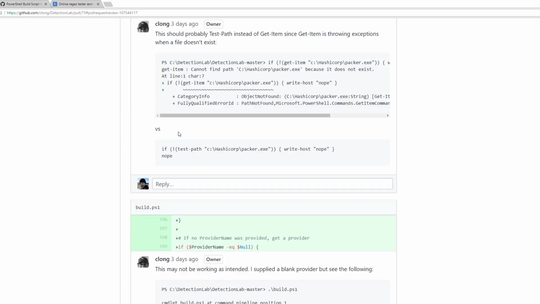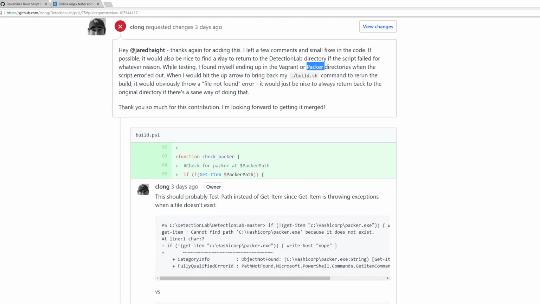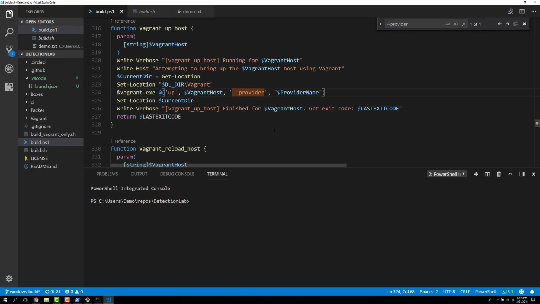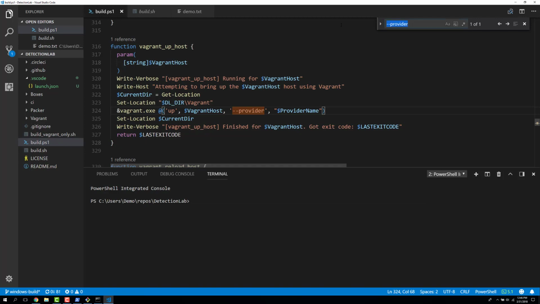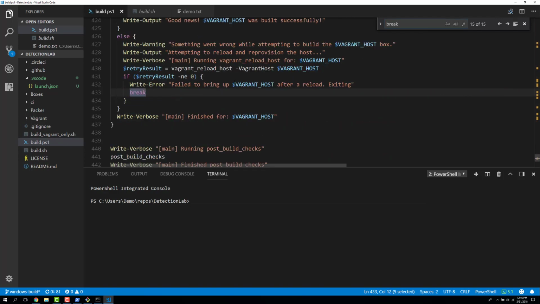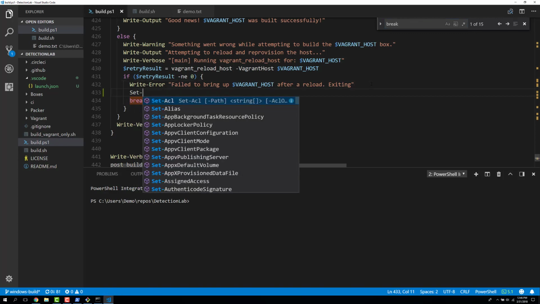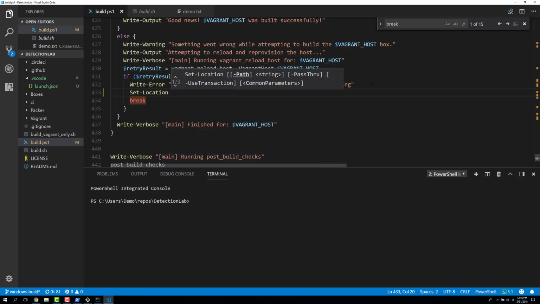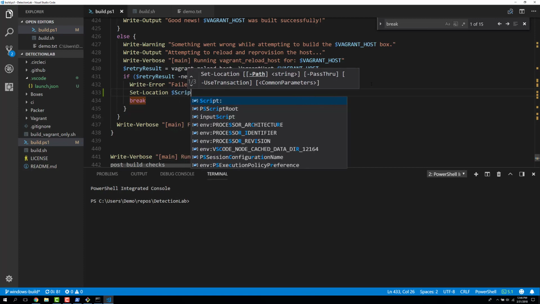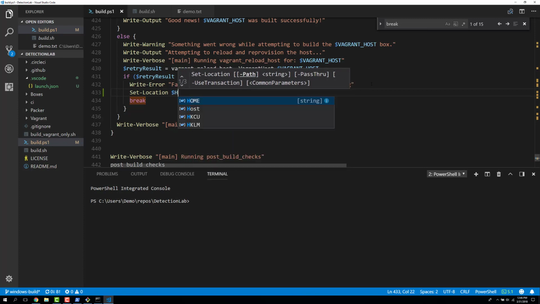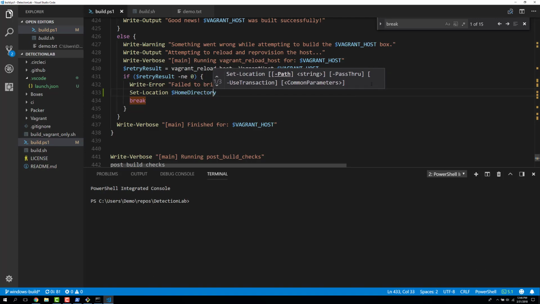Here's how we're going to do this. How are we going to do this? A couple things we can do here. Okay, I know exactly how we might do this. One of the things we can do is look for every case where we break out, and before we break, we're going to set location to home directory. Let's call it,